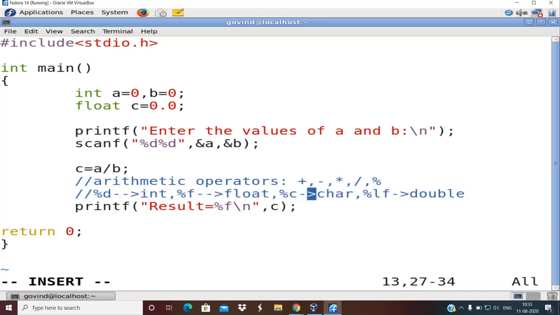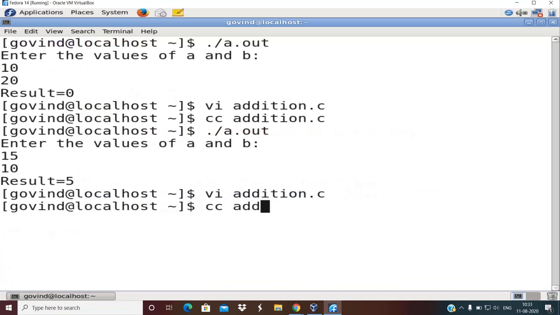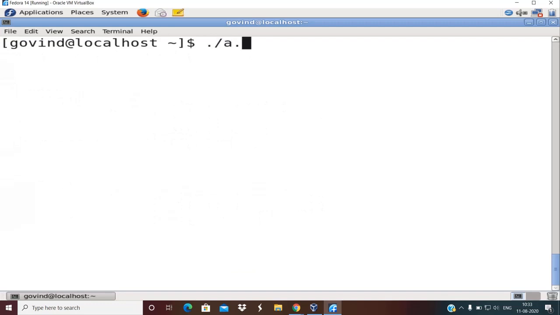Okay, so because I have made this C a float, I have to change that from %d to %f. Okay, so this is how it is. So I'll now compile this, save it, recompile the program. Okay, clear the screen. This time I am hoping that this gives the proper output. Let us see what happens.